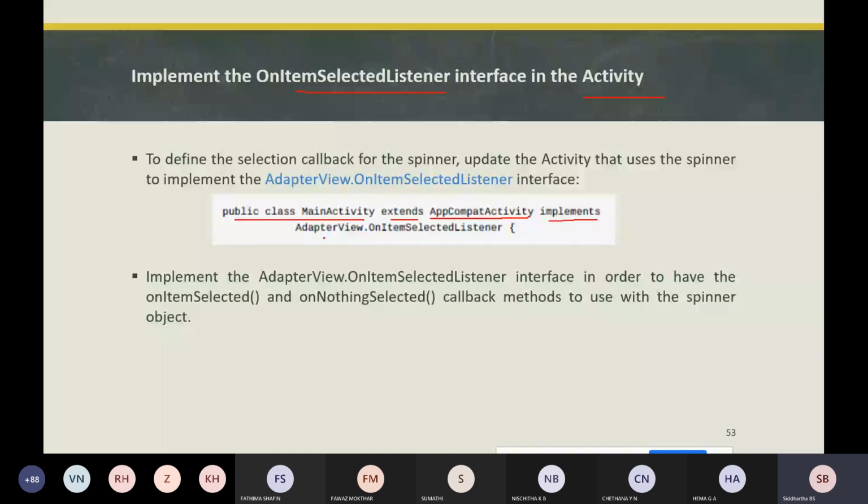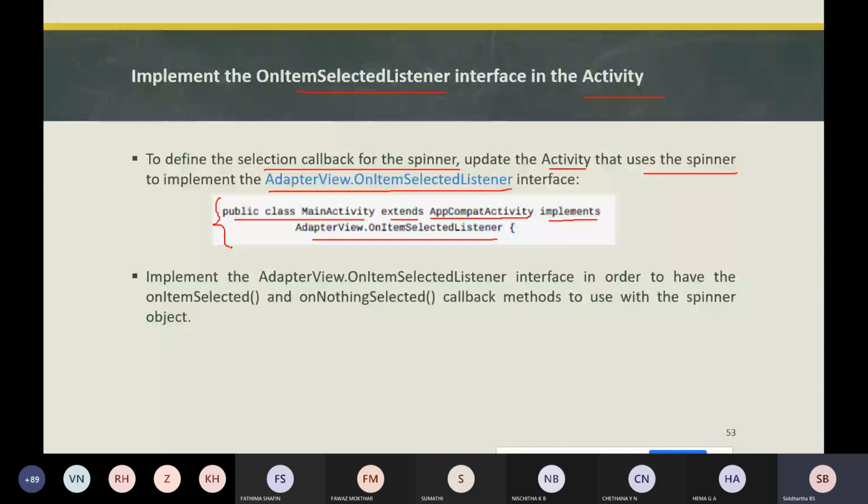To define the selection callback for the spinner, we need to update our activity. Whatever activity we are using in our Java class, if that particular activity wants to use the spinner, then we need to implement the interface AdapterView.OnItemSelectedListener. This is how we need to implement it.